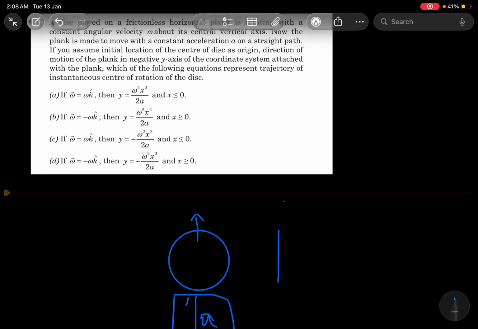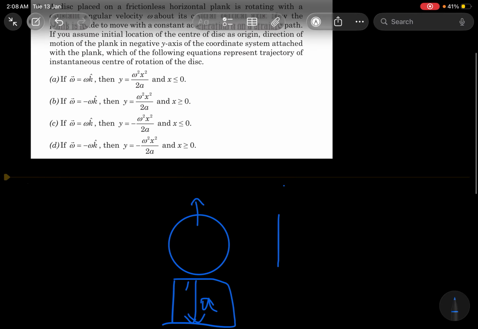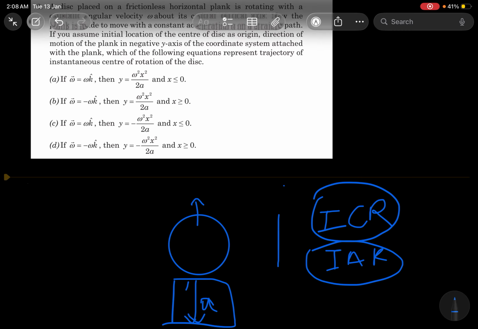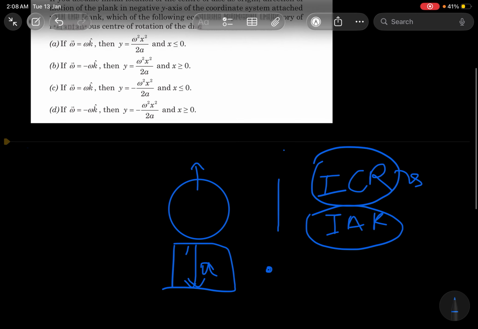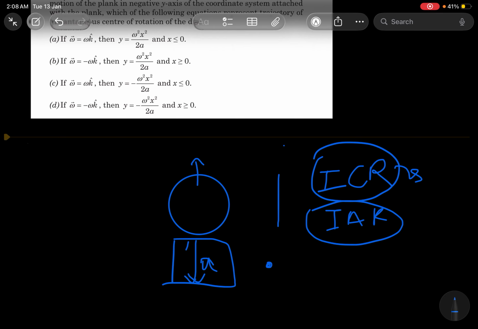So we need to find basically the instantaneous center of rotation of the disk. So now this is a new concept. There are two things, ICR and IAR. This is instantaneous center of rotation, and this is instantaneous axis of rotation. So basically, in short, ICR is a point which has zero velocity. So this point has no velocity, and relative to disk,